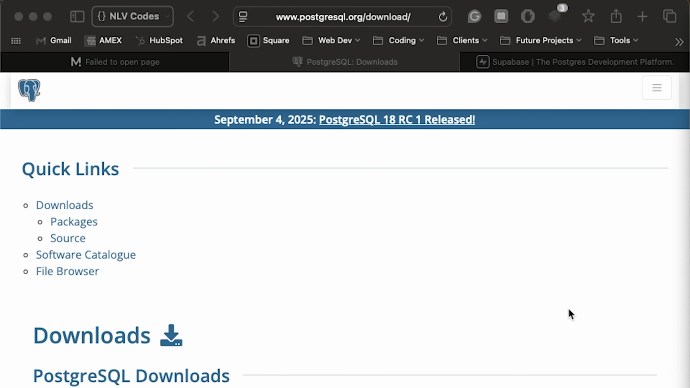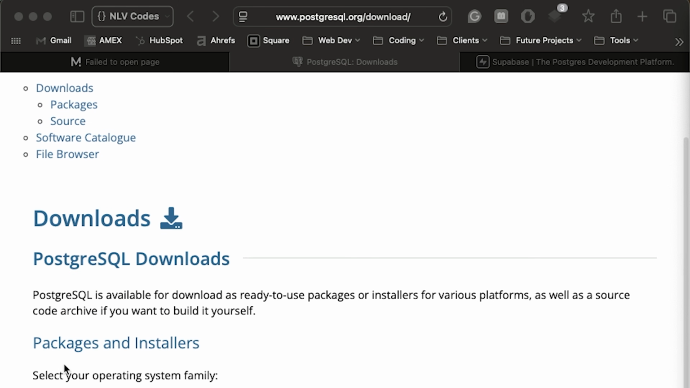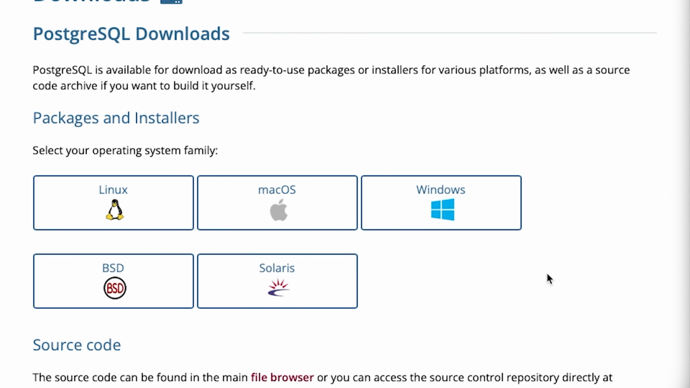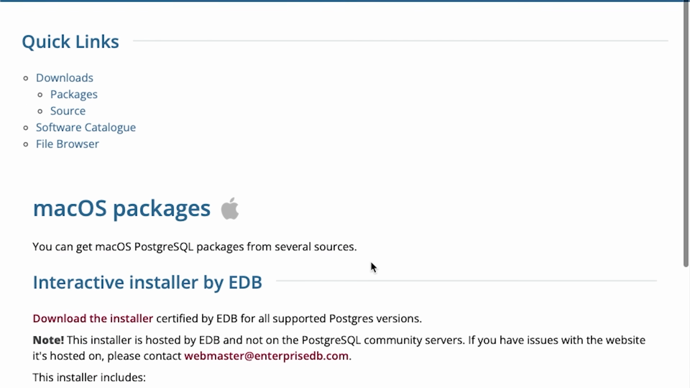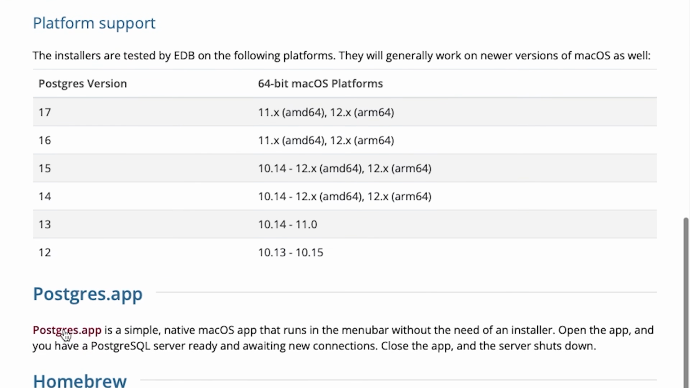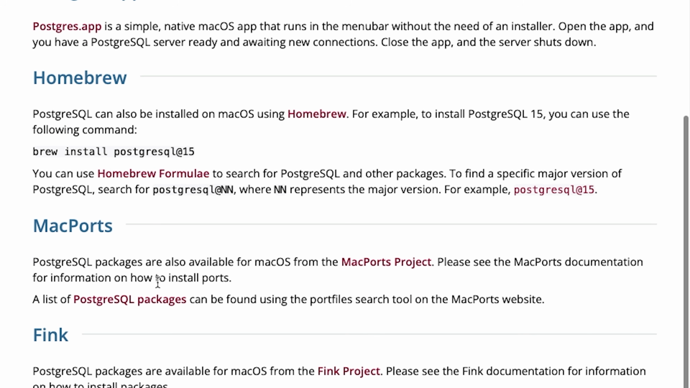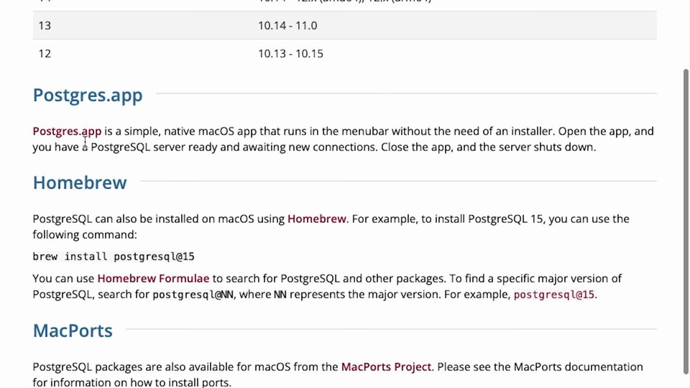Now, if that is the case and you don't have Postgres installed, you can go to the Postgres website that I linked to in the description of this video. When you go to the link, it brings you to the downloads, and you can scroll down to the packages and installers and select whatever installer you're going to use. For me, I'm on Mac, so I'm going to use macOS. And then I can come down to the Postgres app. You can also use other methods like Homebrew or MacPorts, but Postgres.app is the easiest way that I found to